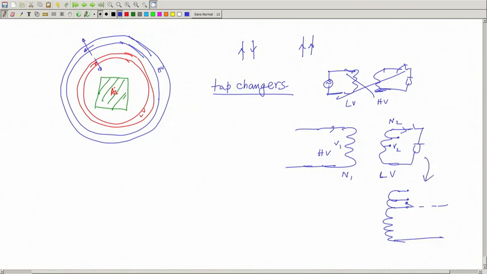Now, a transformer with some extra turns here on the LV side and a switch connected, you can increase the number of turns. So, what is the point? Here V1, the number of turns is N1, and N2 number of turns is not fixed, a little change I will be able to do.